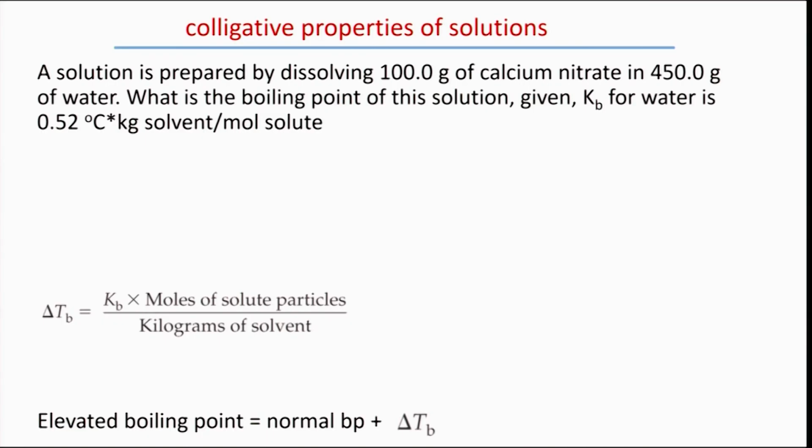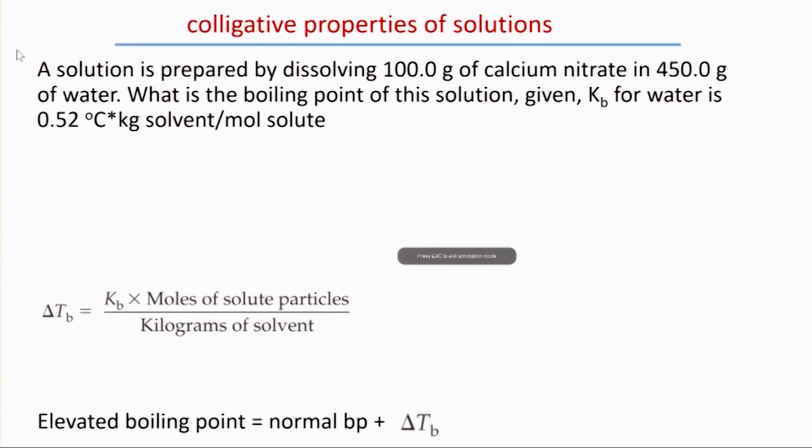We can figure out how much higher it's going to be by this equation right here. That change in temperature boiling is equal to the Kb, which is going to be given to us right here, times the moles of the solute. Our solute that we have is calcium nitrate, divided by kilograms of the solvent. And the solvent here is going to be the water. All right, so we have to find moles of solute because it just gave me grams of the whole calcium